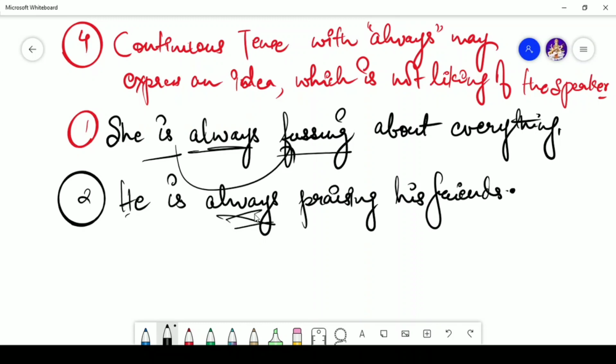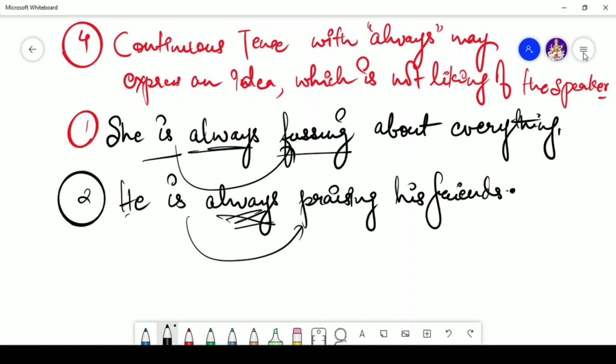So whenever always and the use of continuous tense are there, it basically presents an idea that the speaker is not very fond of the other person. ठीक है, जिसके बारे में भी the speaker is talking about. Okay,